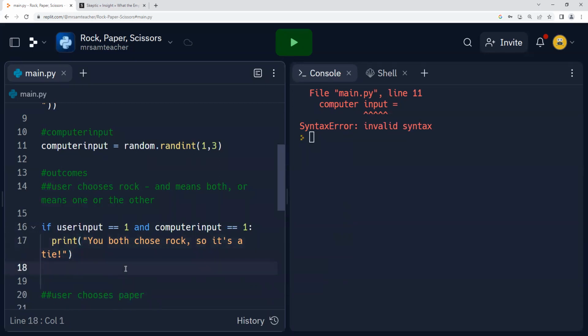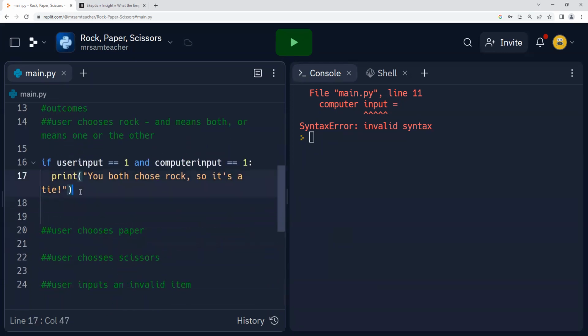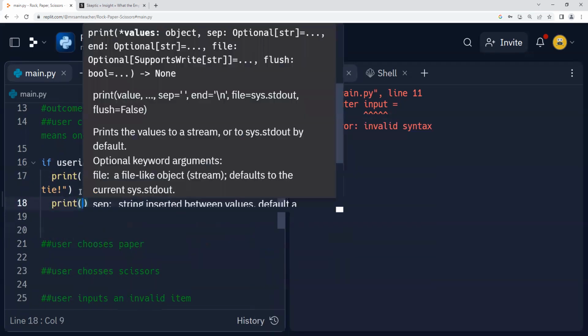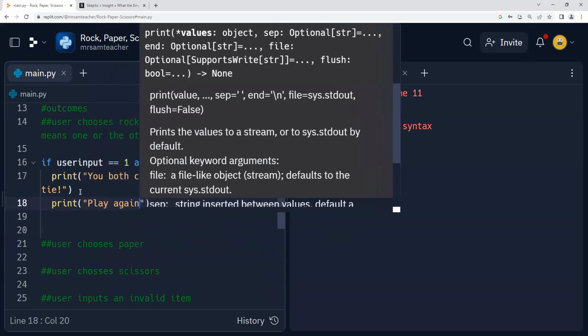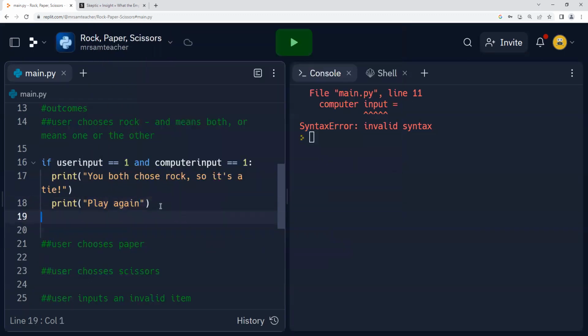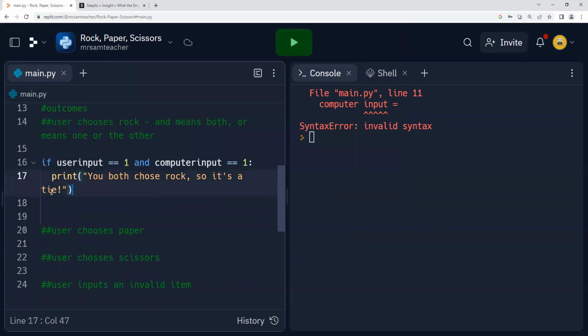Then we hit enter again. Notice that it goes onto the left side. That means we're done with whatever happened. You can have multiple things happen in an if statement, but you have to make sure you indent. So it can also say print, play again, and you can continuously put so many things to execute under a specific if statement. But for this project, we're just going to leave that one print statement for that condition. We're going to make another statement, elif.